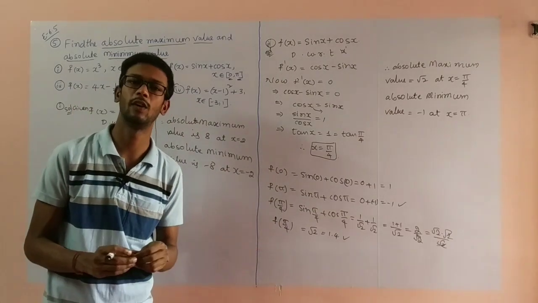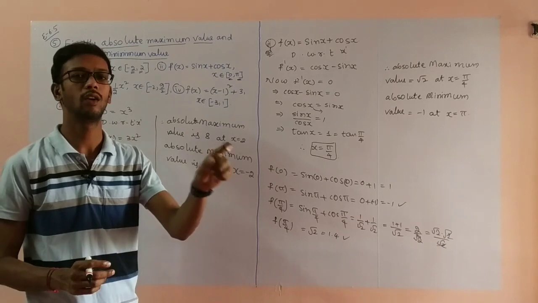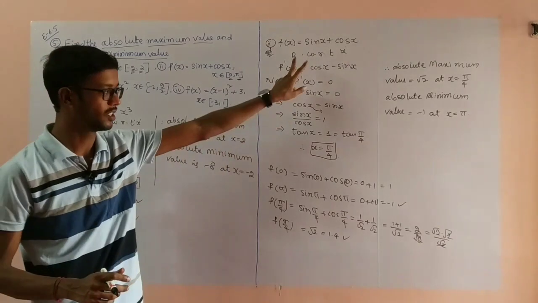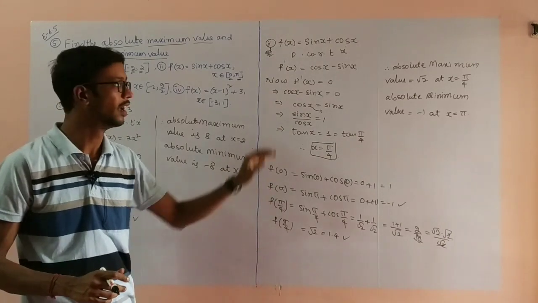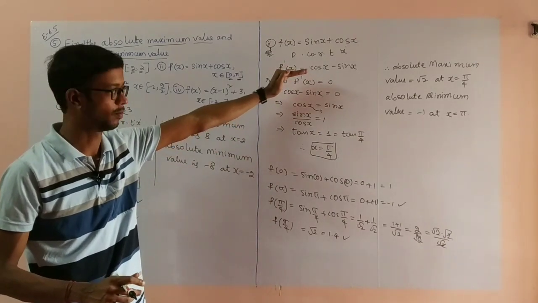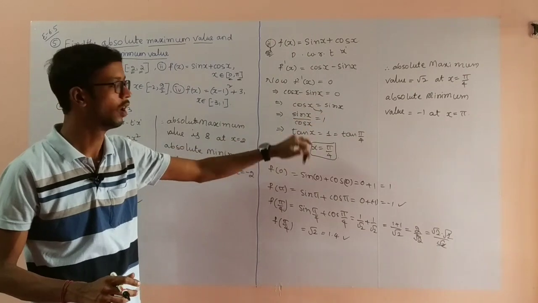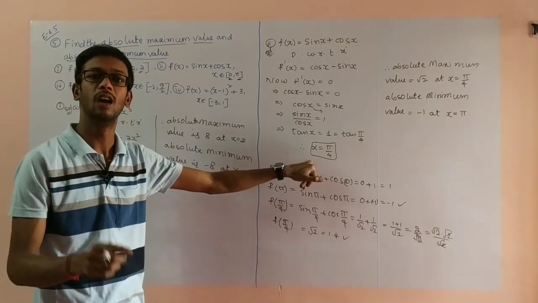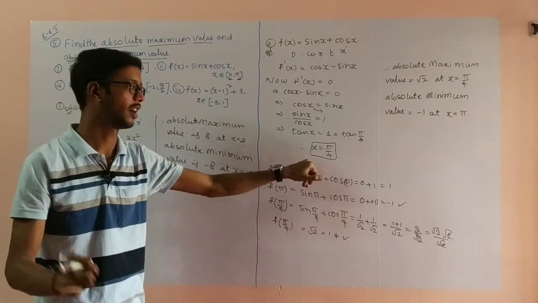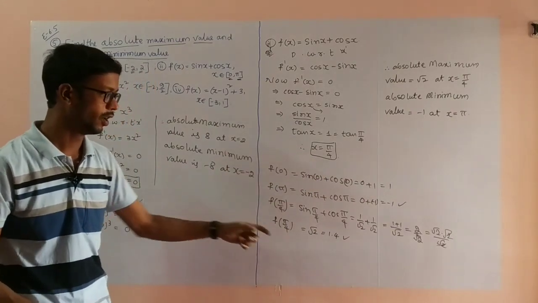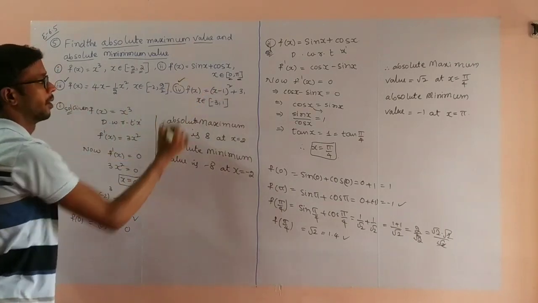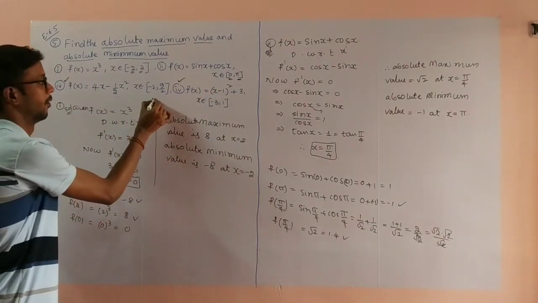Sometimes questions give a maximum value and a closed interval. At that time you have to use this method. Endpoints, f of x values you have to find. Derivative with respect to x equal to 0, critical point you will get. This is a common method, common steps for first derivative test and second derivative test. So pause the video to note it down, and the remaining two, problem number 3 and problem number 4, do yourself.